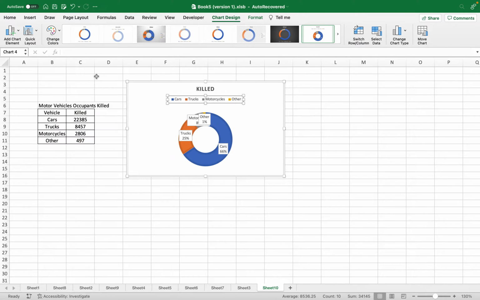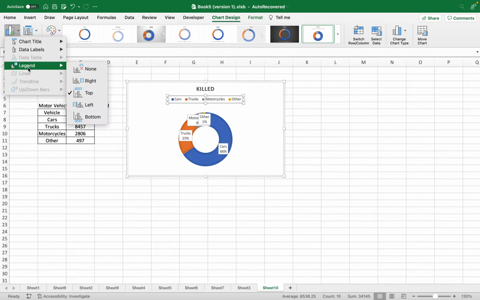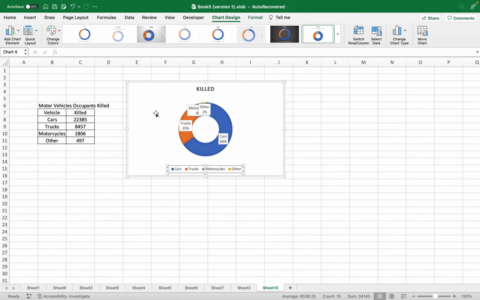Oh, and we can also move the legend where we want. We can move this to the bottom. And yes, we can change this to